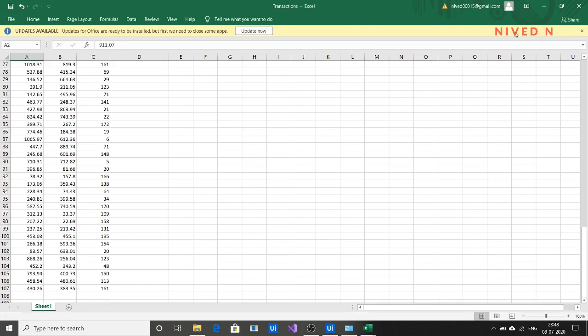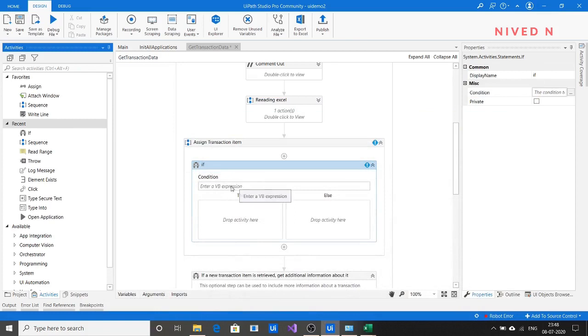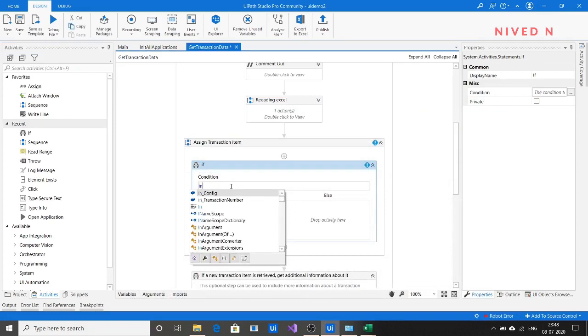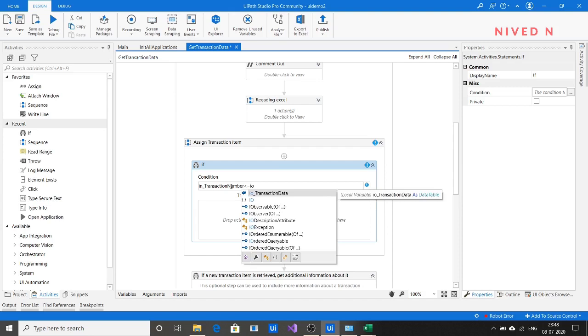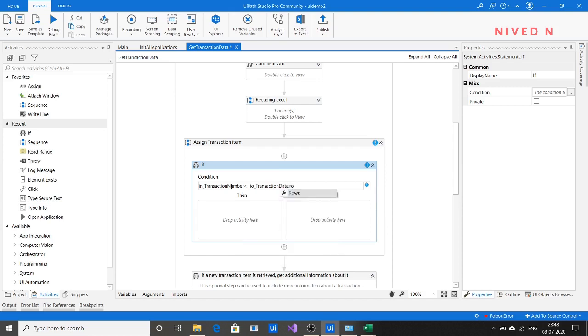So I think you have understood the condition we have to provide to assign the transaction data. Transaction number should be less than or equal to in out transaction data dot rows dot count.